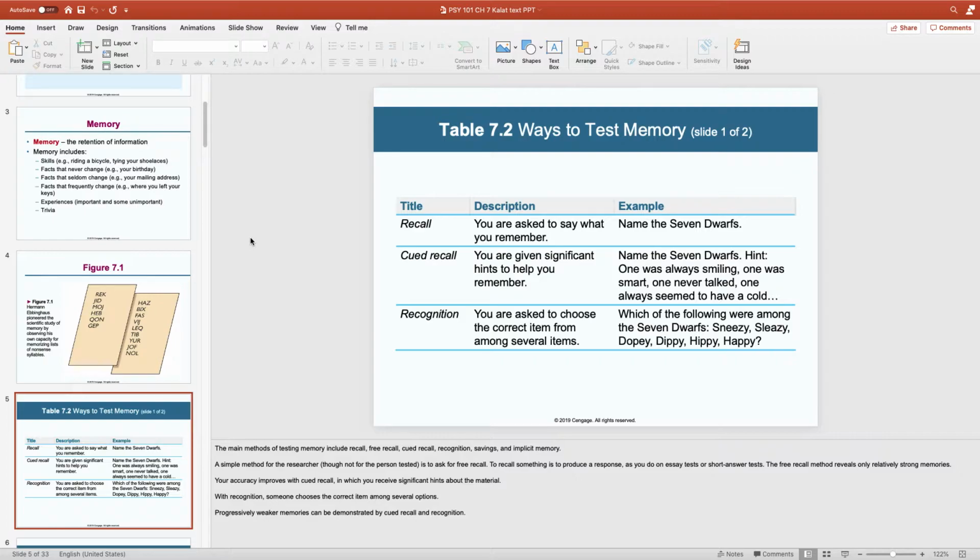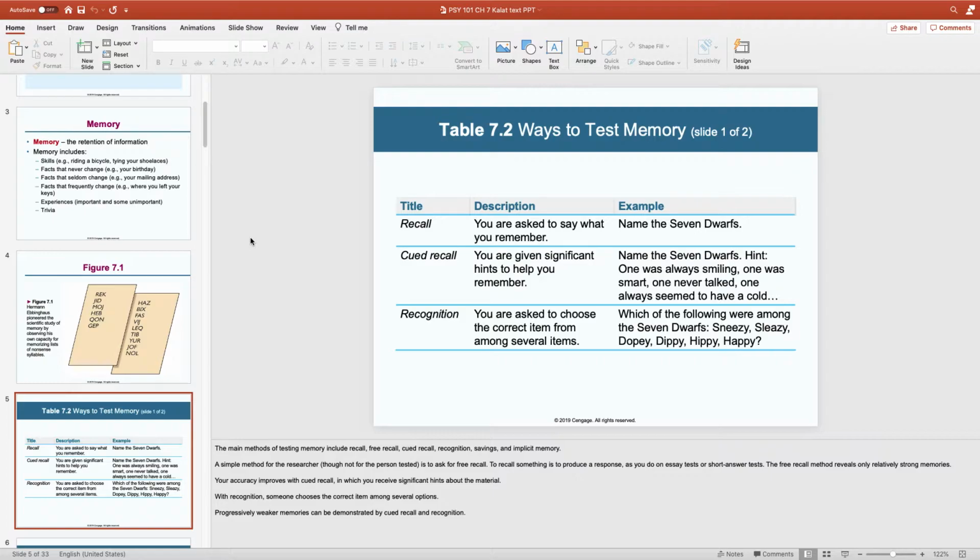Okay, things like, what is something, or how do you do something, like clear recall of information. Then there is another way to test memory, and that's by cueing the recall. And the cues are these kind of hints that are given to help you remember. But they're not just any hints, they're significant hints that should, in a way, jog your memory of what's being